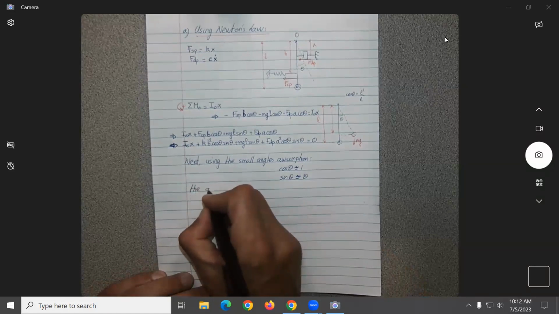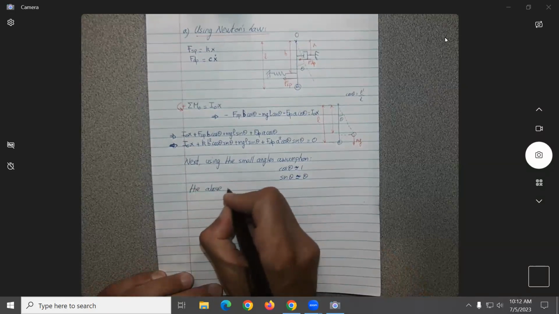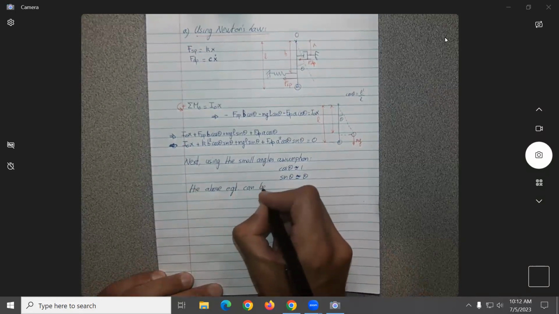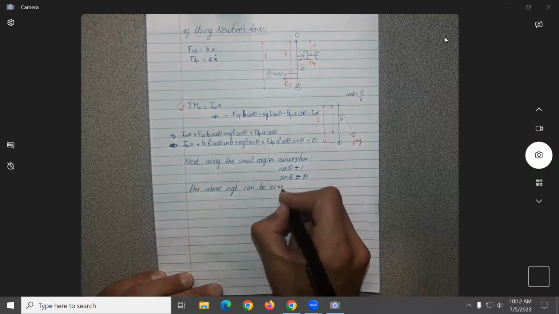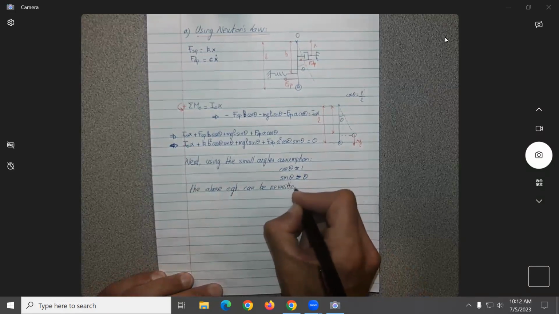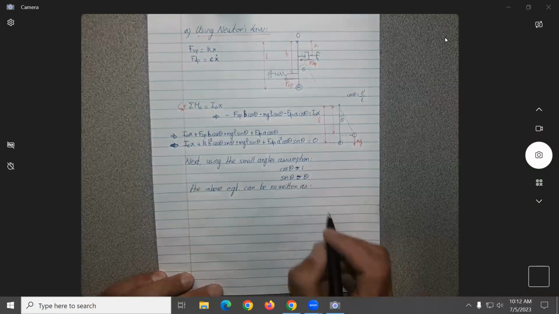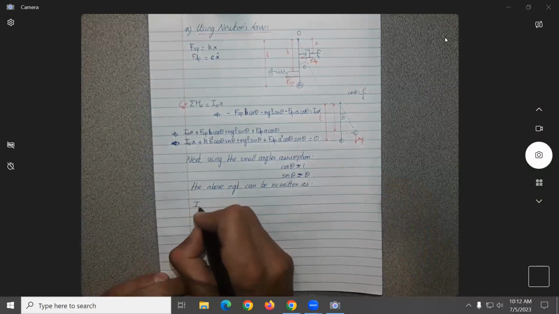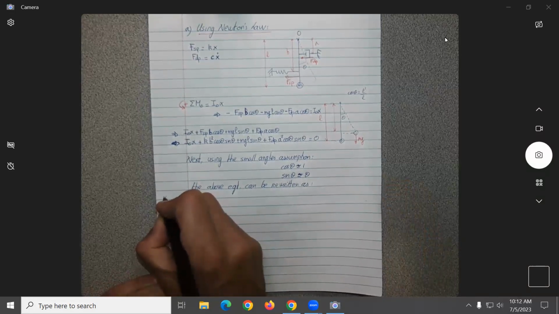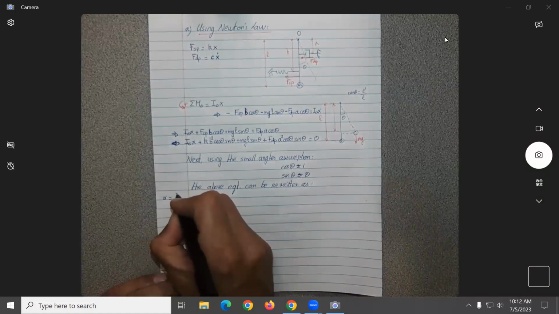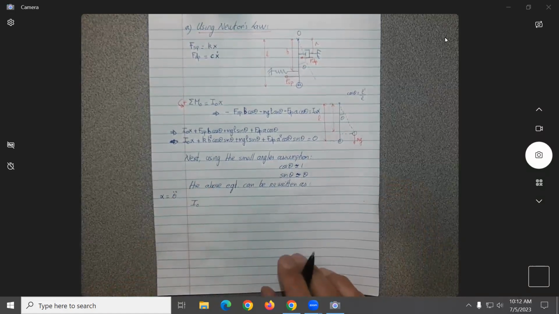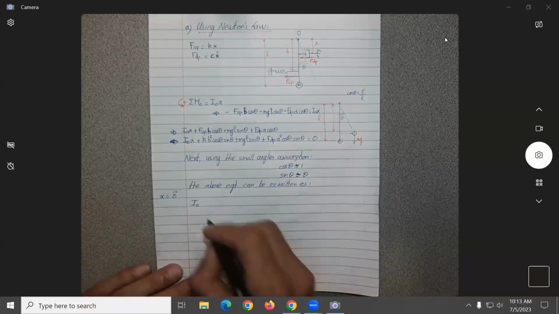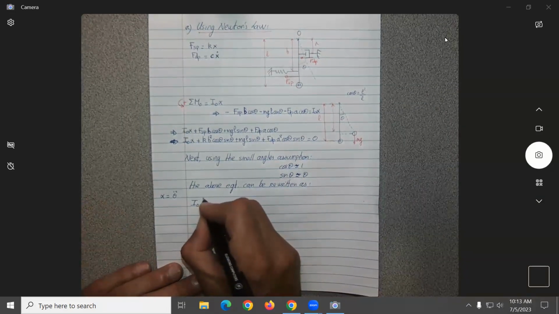The above equation can be rewritten as what? Can I just put over here that alpha is theta double dot? Is that okay? All right, so we have I theta double dot